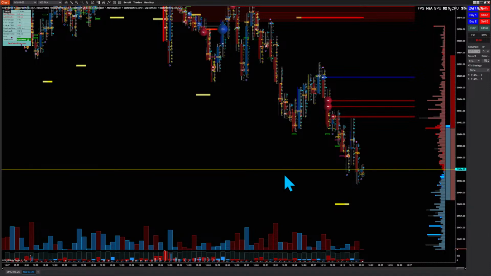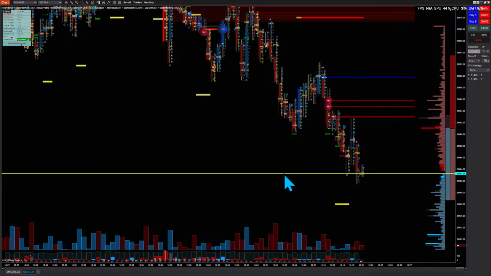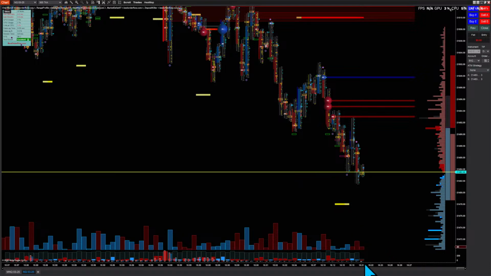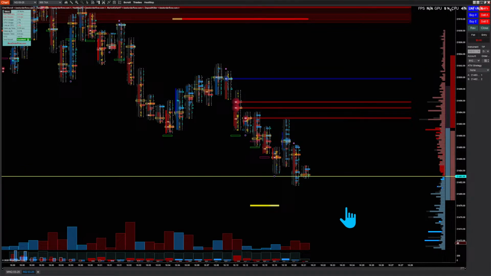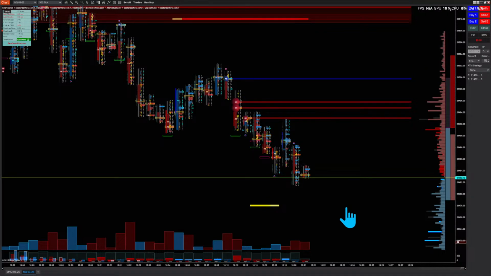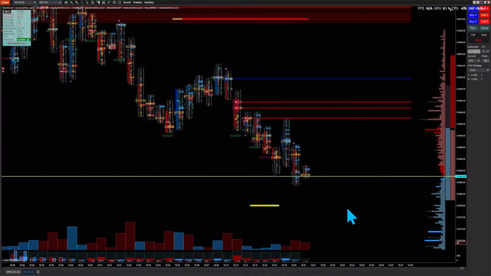Because level 2, level 3 eats a lot of your resources and shows you if those indicators on level 1, this is a footprint, right, are actually fast enough. There are people who approach me today asking, hey, could you help me to optimize my charts because they're slow and sluggish? I'm like, dude,